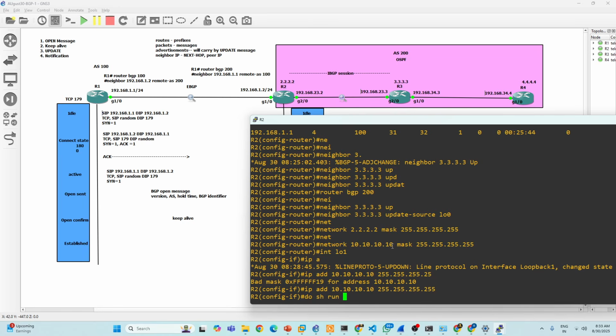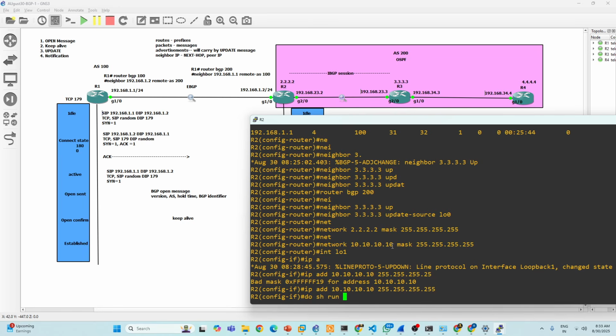The AD value is 110, so it will only install the OSPF routes compared to the IBGP routes, right? And also, for neighbor connectivity in IBGP we have to do it manually, whereas OSPF does it automatically.